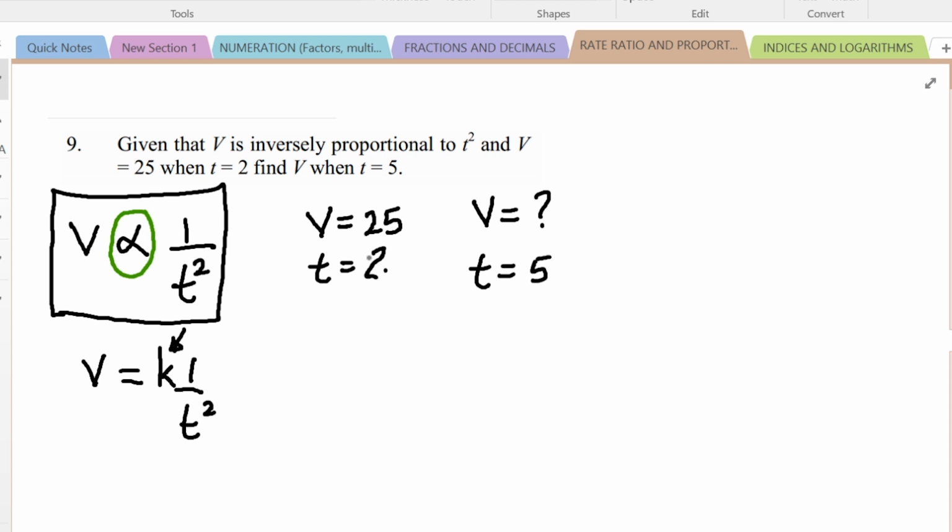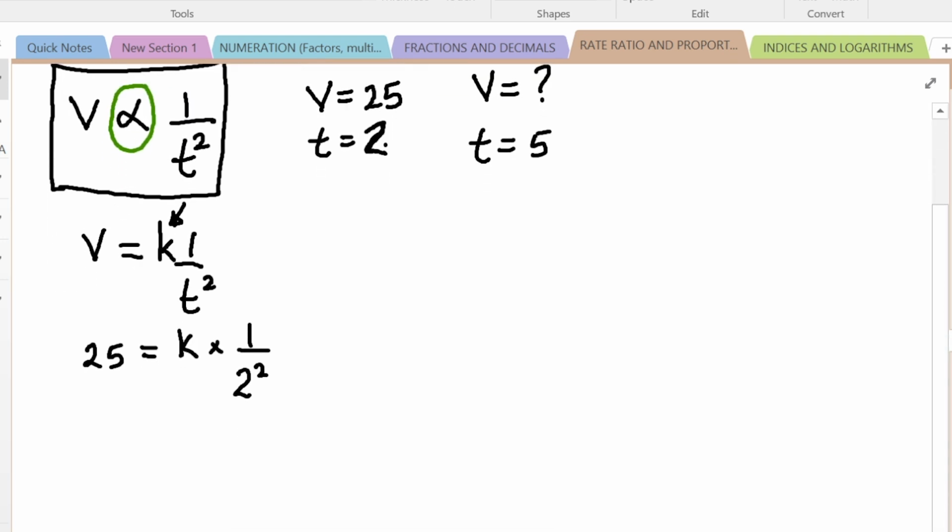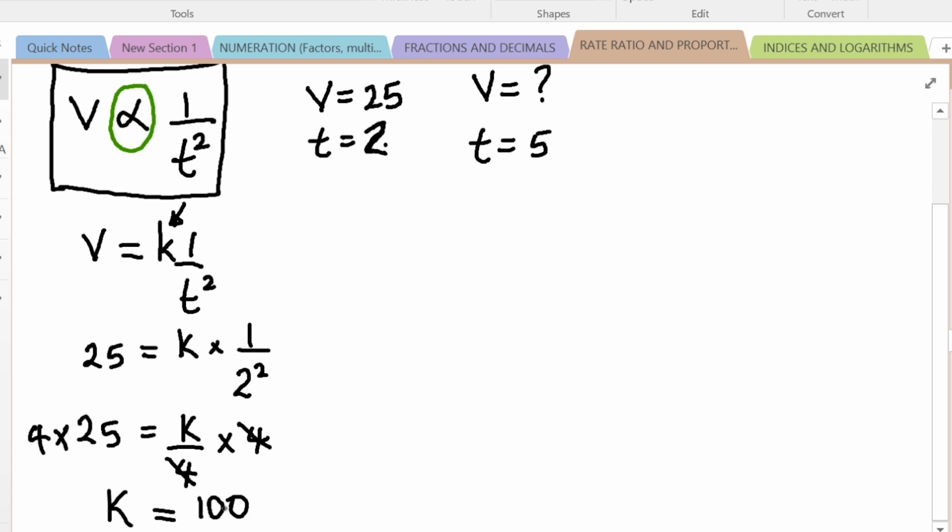So we know that when V is 25, T is 2. So V being 25 means 25 is going to be equal to K times 1 over T squared, which is 2 squared. So from there, this is going to end up being 25 is going to be equal to K over 4. Multiply both sides by 4. So that this goes with that. We shall end up with K giving us 100. So if K is 100, our equation is V is going to be equal to 100 over